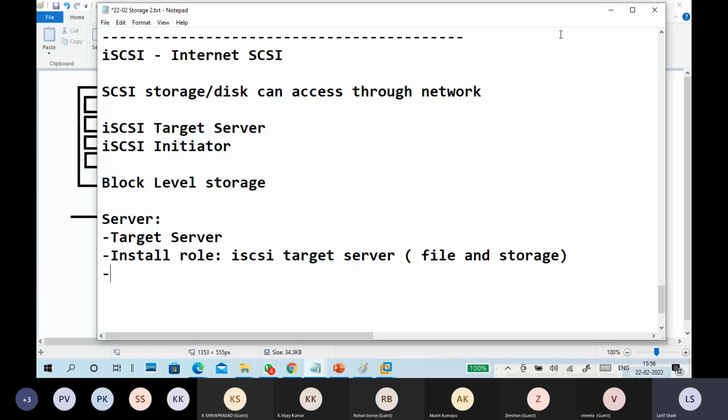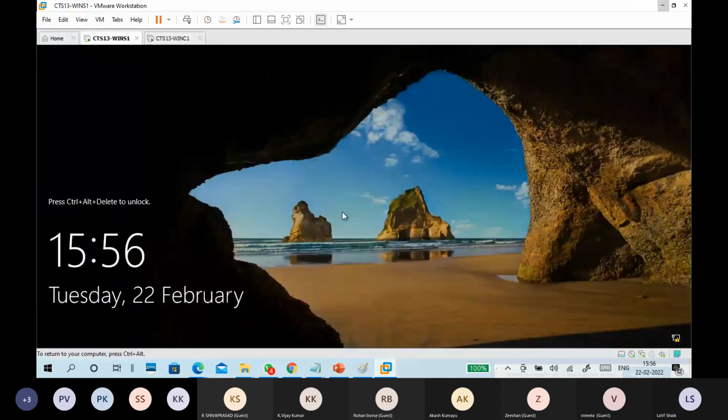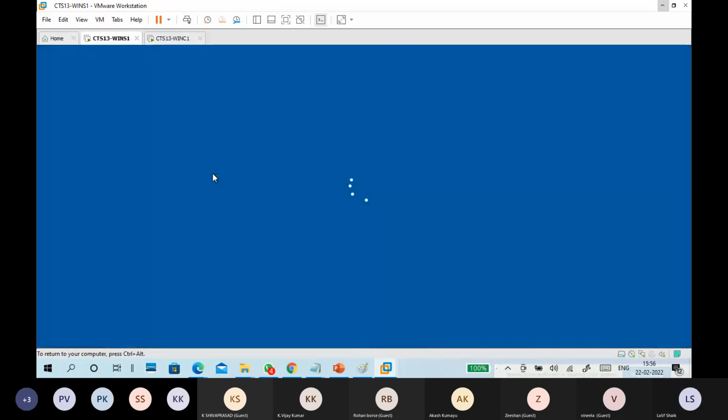So we'll see that first. Install the role.